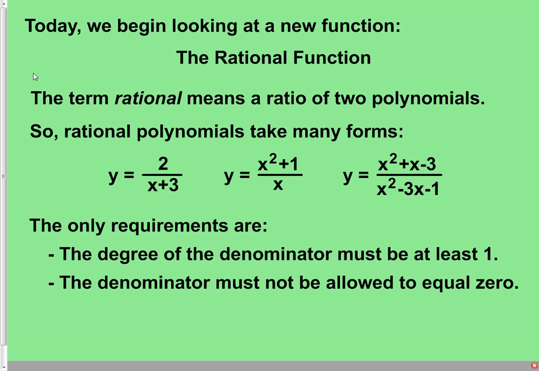Now, we discussed at the very beginning, a rational function is basically an expression of a ratio. So we end up with variables in the numerator, variables in the denominator. The term rational simply means that we have a polynomial divided by another polynomial. There were only two requirements for the rational function, and one of them is that the degree of the denominator must be at least 1, and of course degree means the highest exponent,